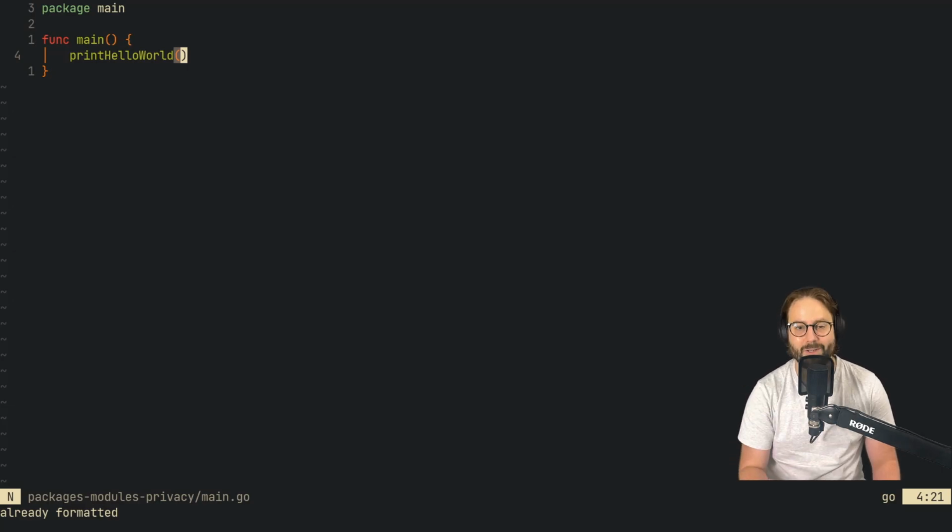Give that a save, and now again if we run go run main.go, we will see that we get an error because it only knows about one file if we point it directly to the main.go file. What we need to do is run it by pointing it to the directory. So instead, in the terminal, we need to say go run and then a dot if we're in the current directory,